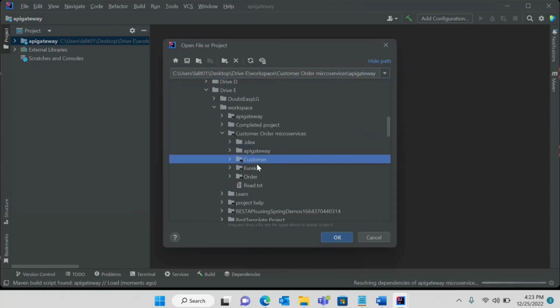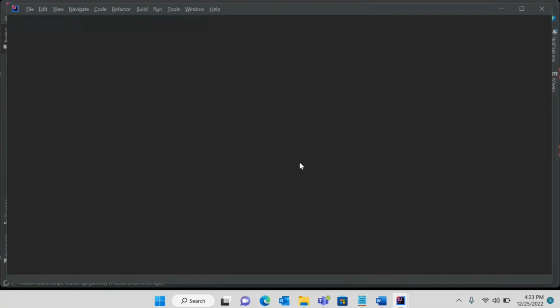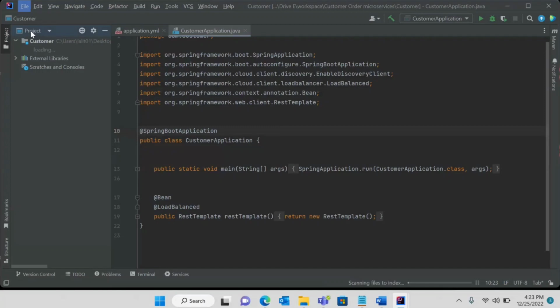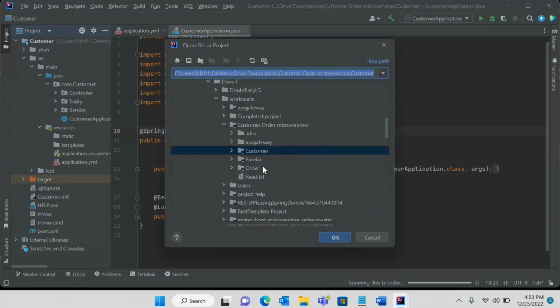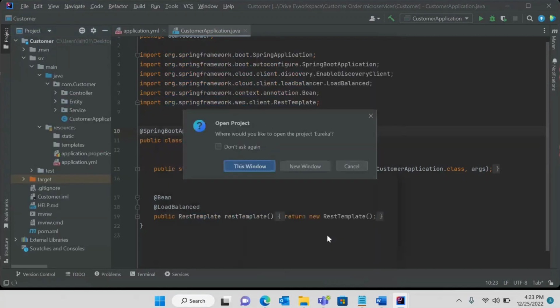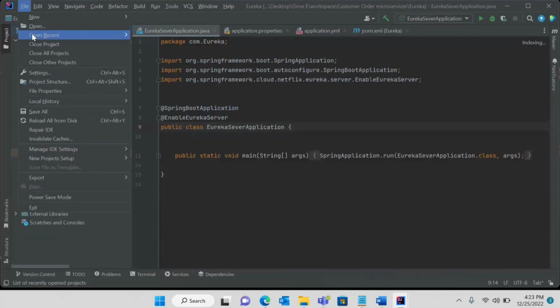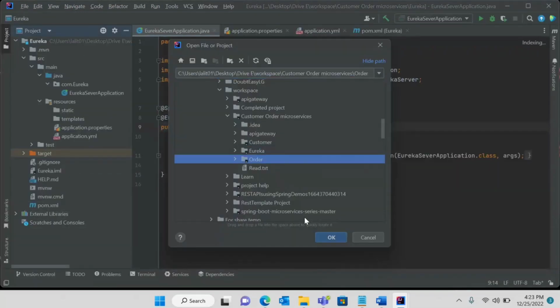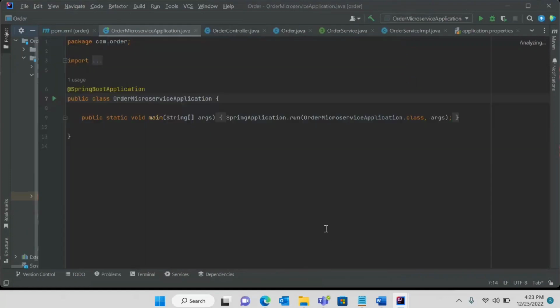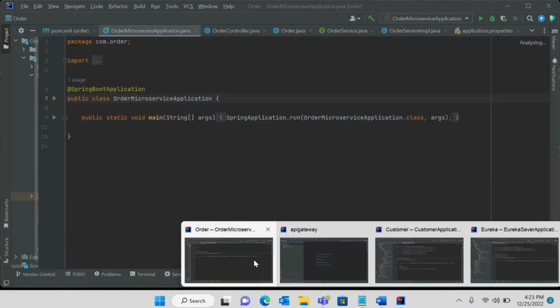Then the customer microservice of my project, Eureka server, and last is the order microservice. Open all these things